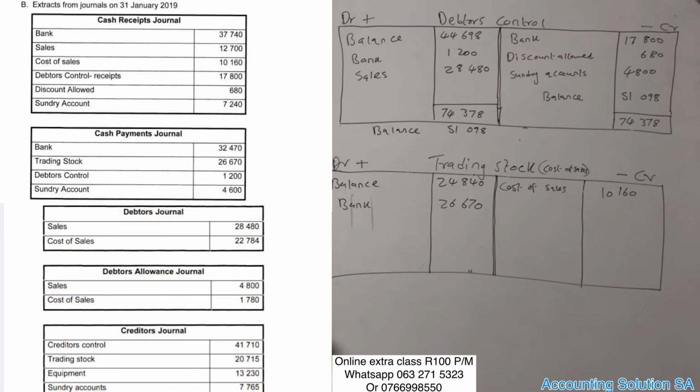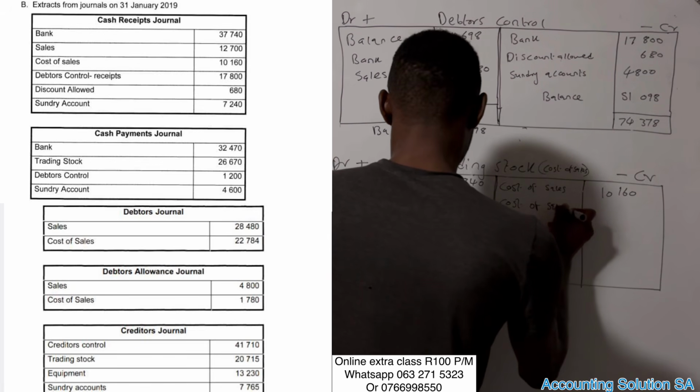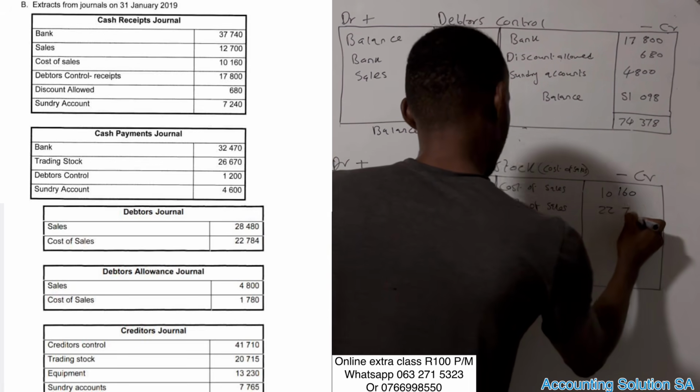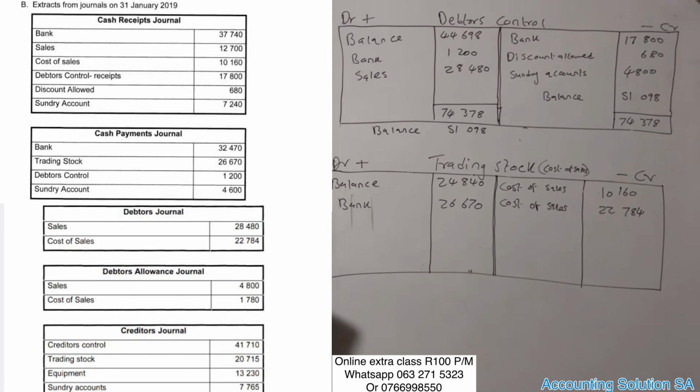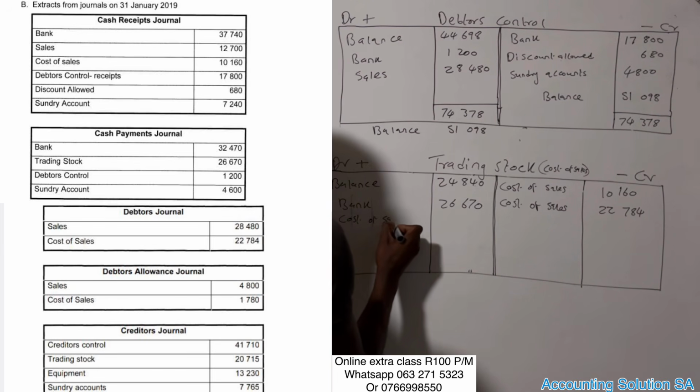The next one, debtors journal. There is a debtor who purchased stock, which means that this stock is gone. A cost of sales. We sold it on credit. Cost of sales, it was 22,784. Okay. Then after that, we have the other one, a cost of sales of debtors allowance journal. A debtor returned the stock, which means that the stock is going to increase because he returned it back to us. Cost of sales